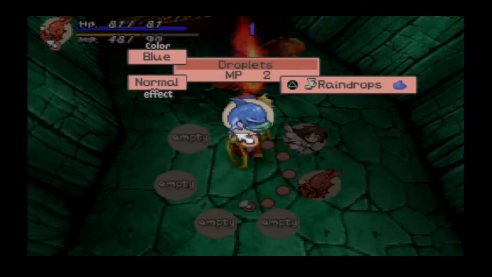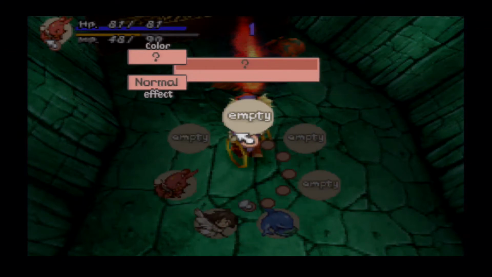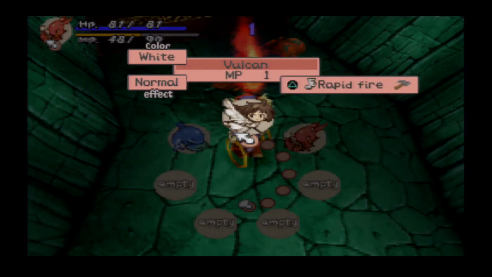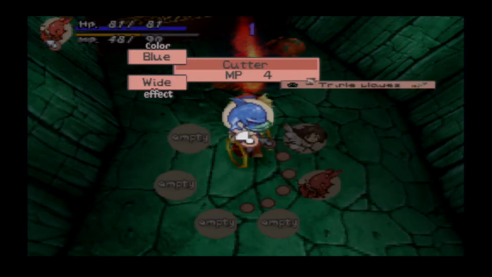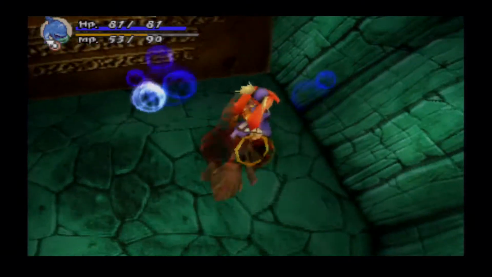Oh, right, you have to switch magic. I can also switch effects. I don't know if I told you about this before, but over the course of the game, we get different types of magic, and then we get effects of magic. So we got water, I guess, physical, and fire right now. But there's wide and normal effects you can do, and they do slightly different damage or effects depending on how